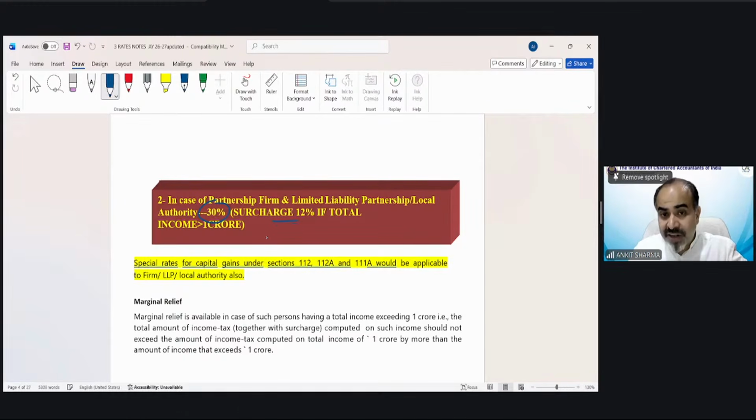And the surcharge rate is also single. It would be 12% if your total income exceeds 1 crore rupees. So the complex situations of surcharge, rebate, and these rates are only in case of individual, HUF, AOP, BOI, AJP. So what do you think? Which kind of tax question should the examiner ask in the examination, in case of partnership firm or in case of individual, HUF, etc. category? What kind of tax calculation would be expected from you?